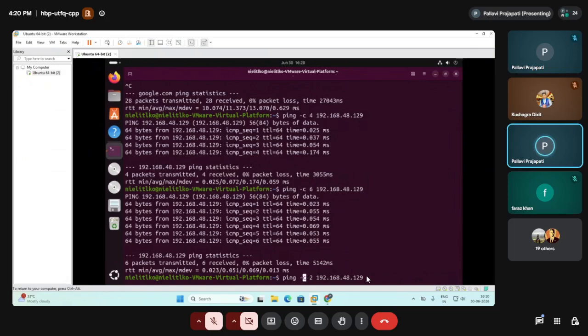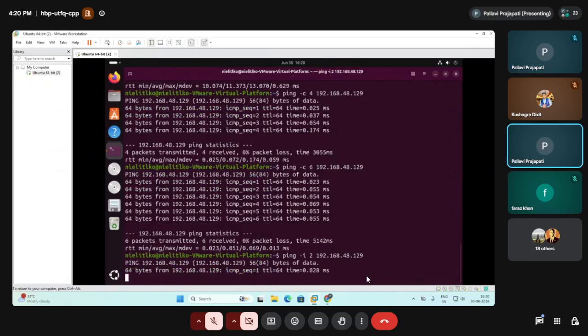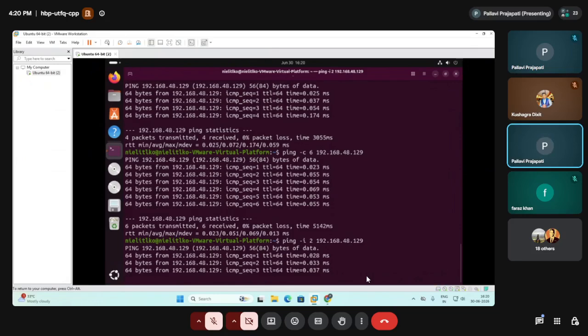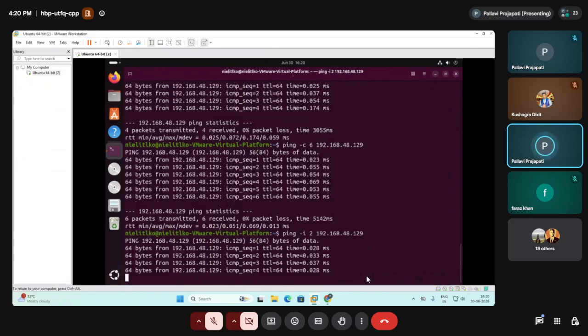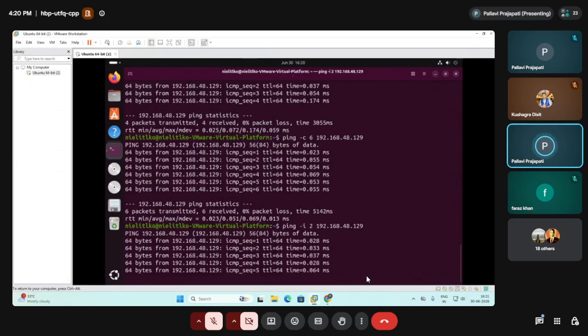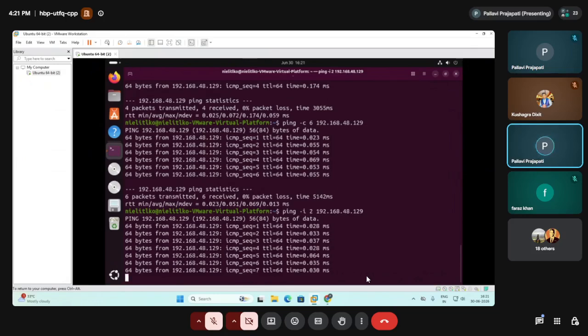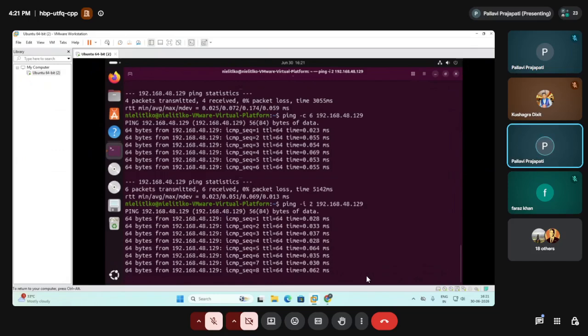So here I am using 2 seconds. See, this is waiting for every 2 seconds, and after that it is sending the packets. You can see the delay between the 2 packets.